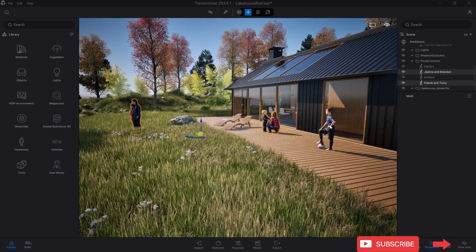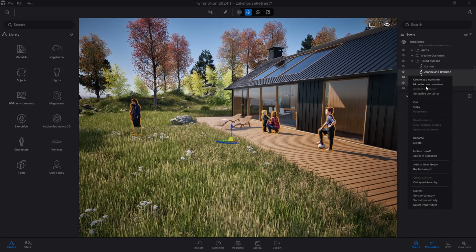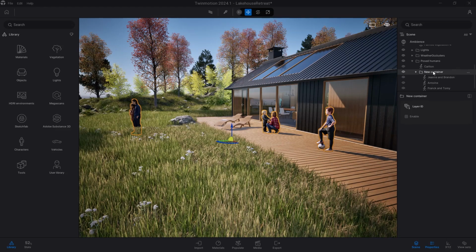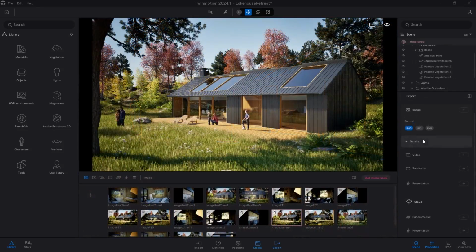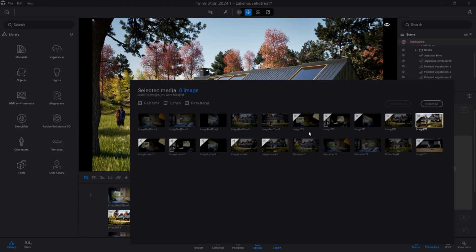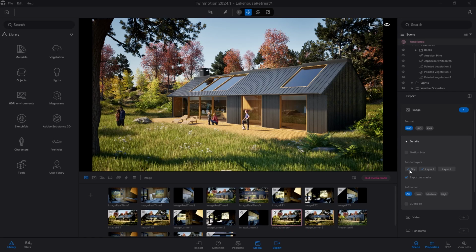If you wanted to export multiple elements of the same type with the alpha channel active, I suggest you group them in a container and assign them in a single layer. When exporting the final render, in the image details in PNG format, you can choose which layers to render in white tones. The sky is always present by default and does not need to have any layers assigned to it.